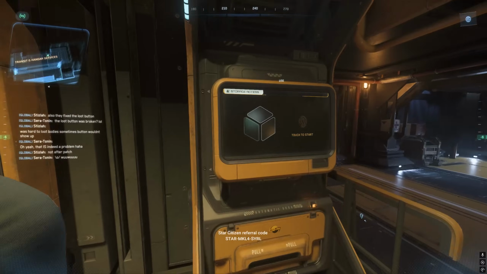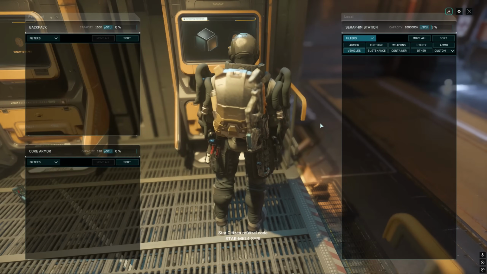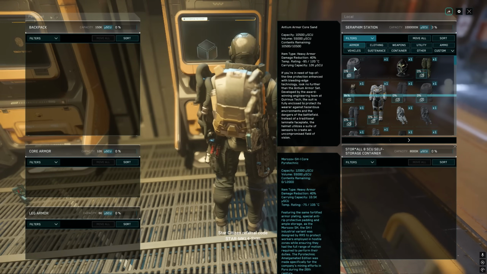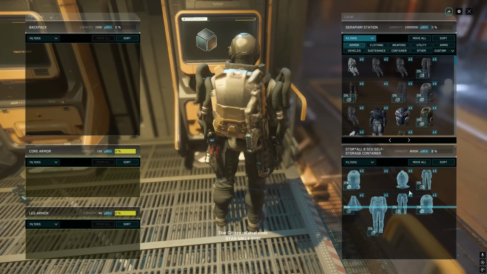Now here comes the part that can be potentially dangerous and tedious. You're gonna have to drag everything into that 8 SCU crate you bought, if it all fits. If it doesn't all fit, knowing y'all loot goblins out there who pick up literally everything, you may need more